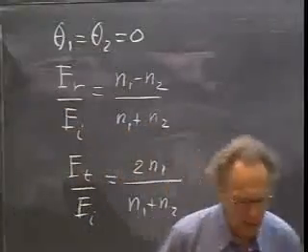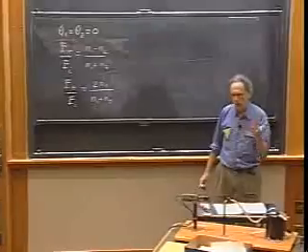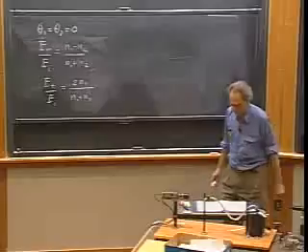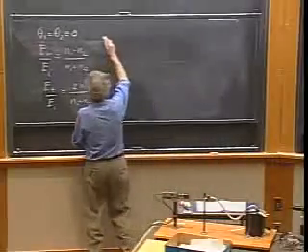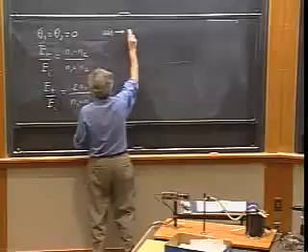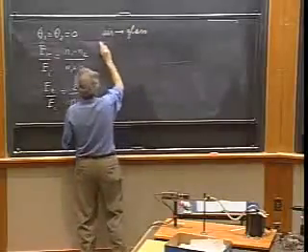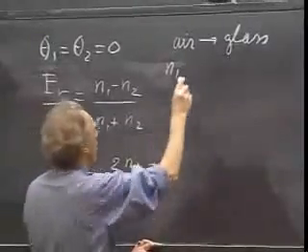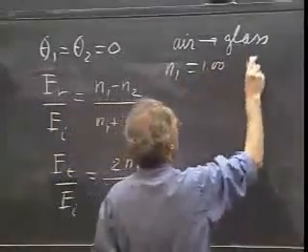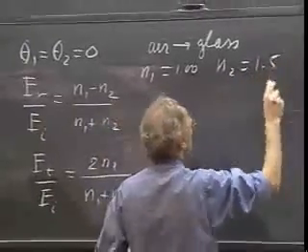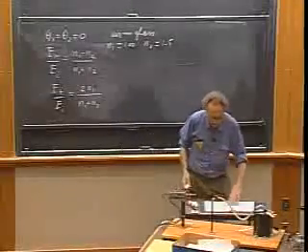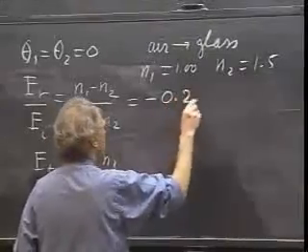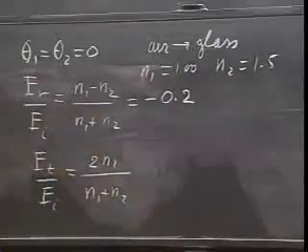And now I take a special case, which is on your page number 2, that is the transition from air to glass. That is the upper panel, going from air to glass. So N1, where you are, is always N1. Never forget that. So N1 is then very close to 1.00, and N2 is very close to 1.5 if we take 1.5 for glass. We will find then that for this case, this is minus 0.2. What is the meaning of the minus?